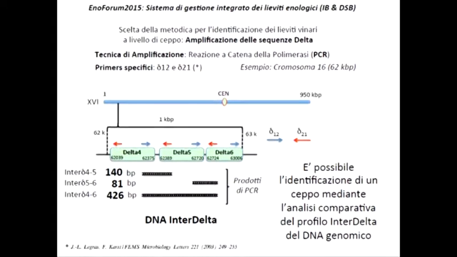This entails that one strain can be specifically identified when we compare the interdelta profile of the entire genome. If we compare and contrast it with other strains, then we have a possible univocal